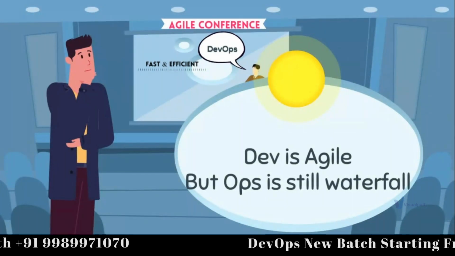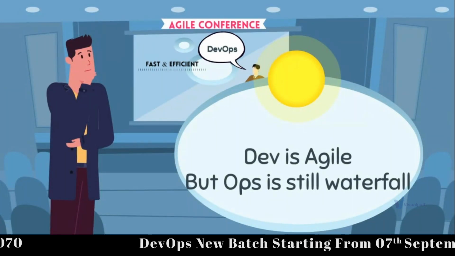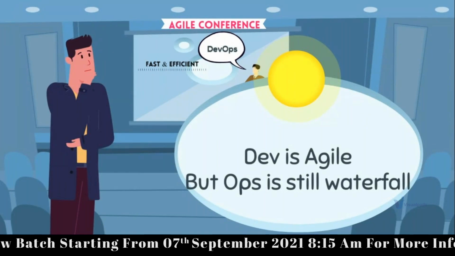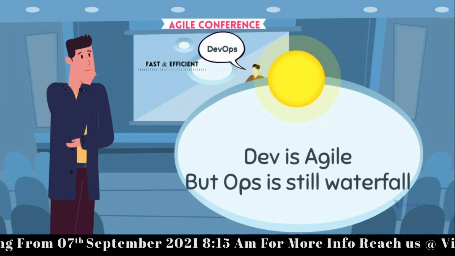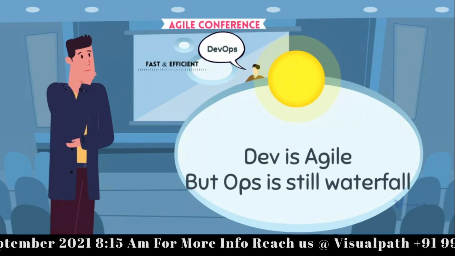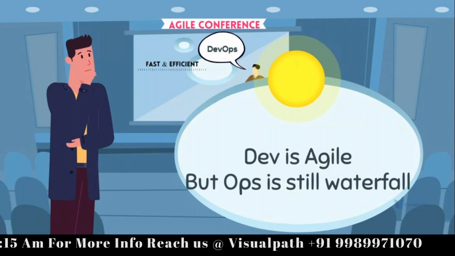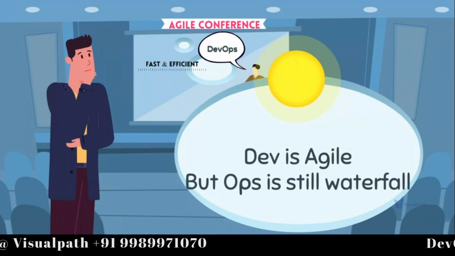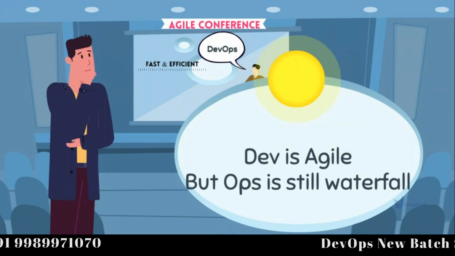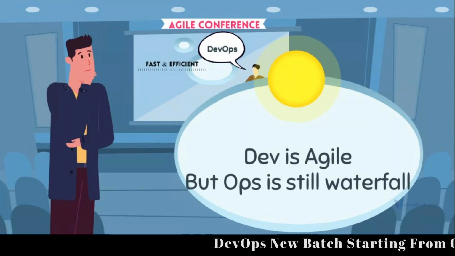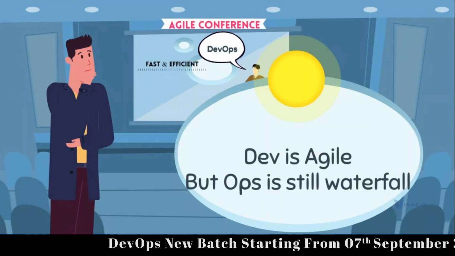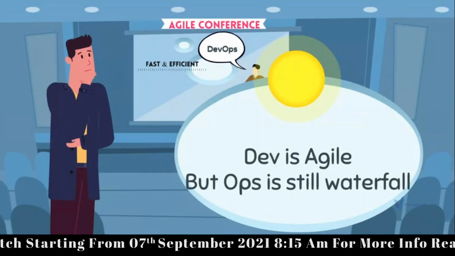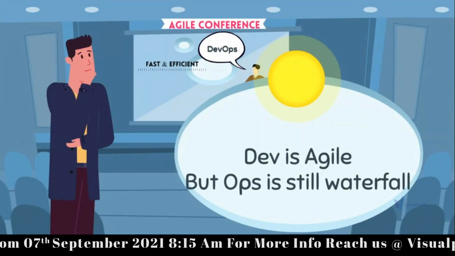At the agile conference, there was a talk where a person called Patrick Debois, that's a true name, explained what DevOps is. He explained that developers are agile, they are fast, but operations is still slow. It's still waterfall. So it doesn't matter how fast your development becomes, if your ops is not collaborating, then you don't make as much business as you're thinking. So the fix is DevOps. We'll come to what DevOps is again, right? But he explained the concept of DevOps in 2009 or 10 somewhere.